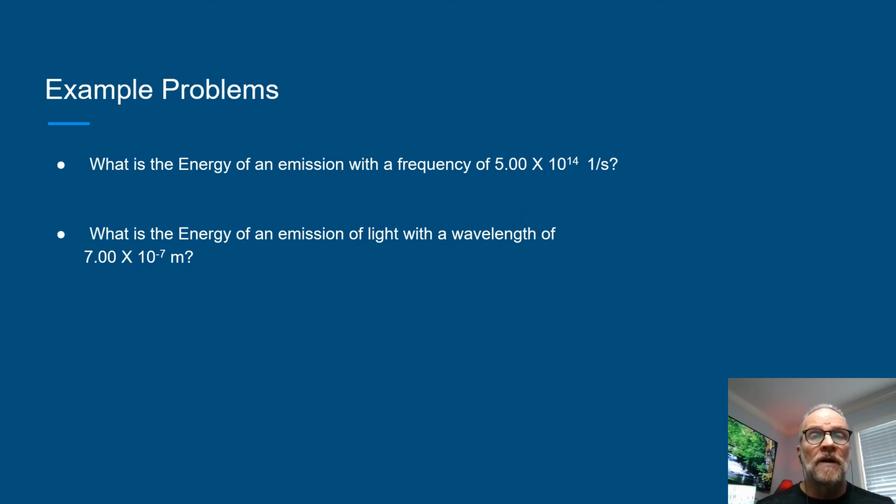Next set of problems, and our next set of problems have to do with energy. So in these problems we are going to use E is equal to h times the frequency. And this first one's really easy because we are given the frequency, right? And we know Planck's constant, so we just have to multiply those together. So E here will be equal to Planck's constant, which is always 6.626 times 10 to the -34 joules seconds